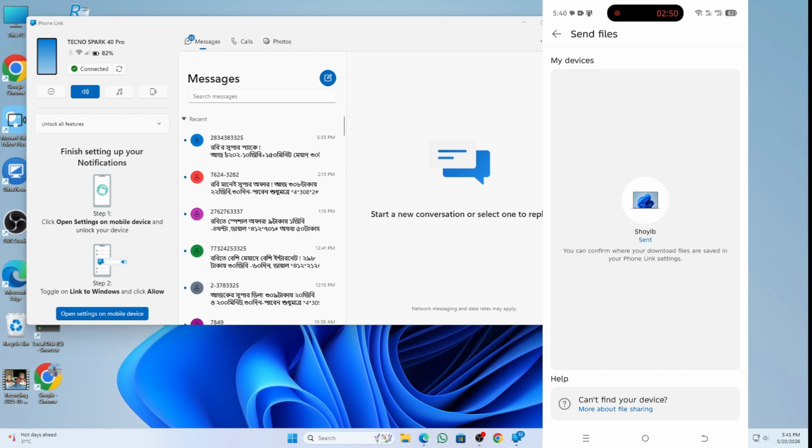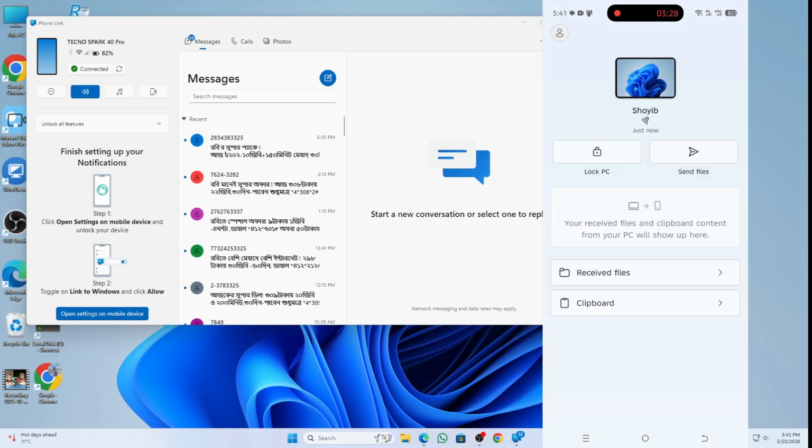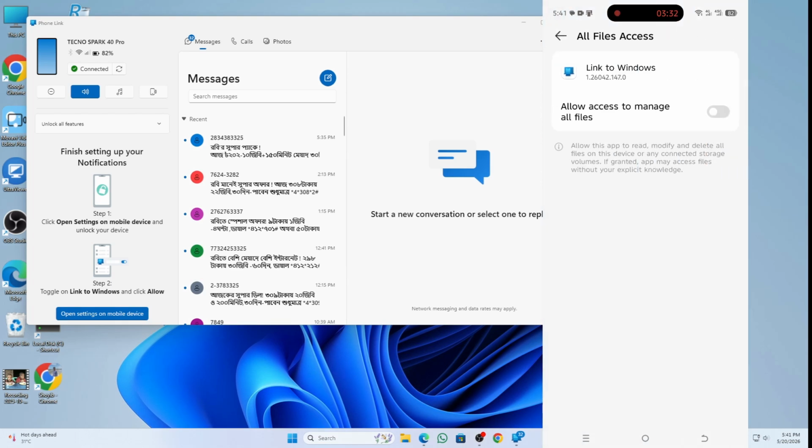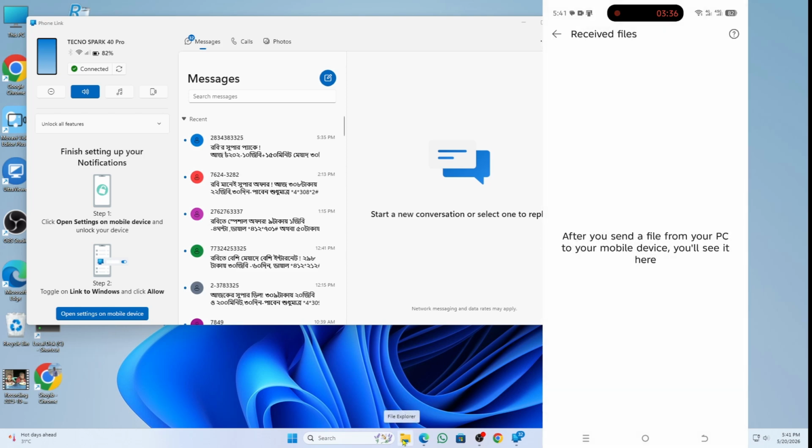Now if you want to send files or photos from your PC to your phone, go to your phone and tap on Receive File option. Then allow the permission. After that, go back to your PC, open File Explorer,